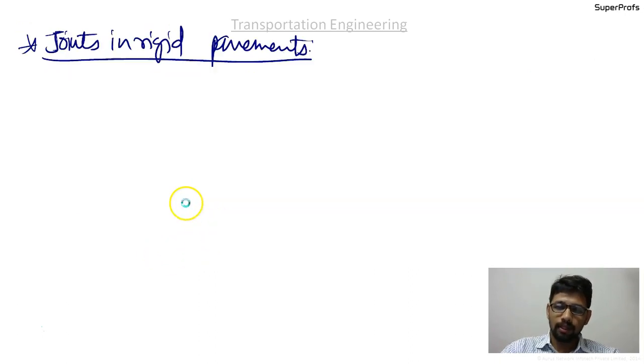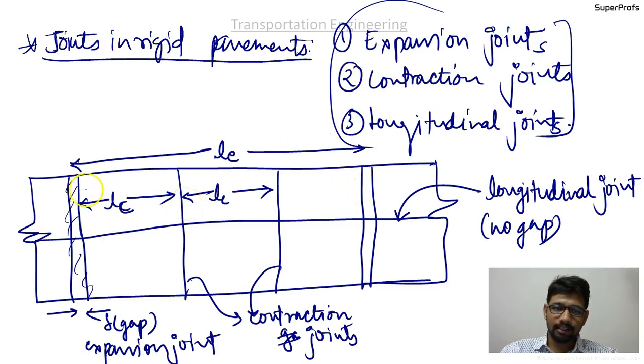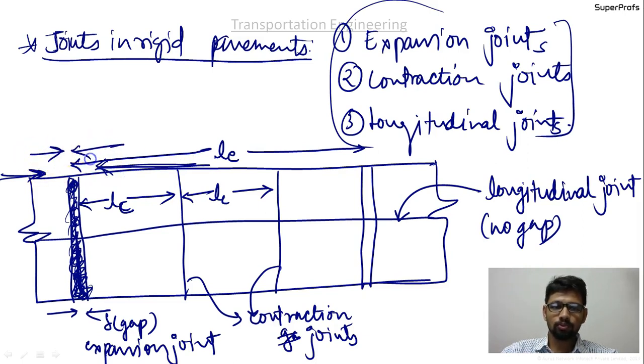Here this is the expansion joint, and there is a gap like this. In this gap a mastic pad is provided, which has the capacity to compress by 50%. So in summers, what is going to happen? This pavement is going to expand this way, and this pavement is also going to expand this way, and ultimately a compressive force is exerted on this pad, as a result of which the pad is going to compress by 50%.